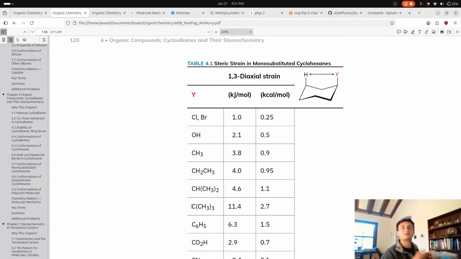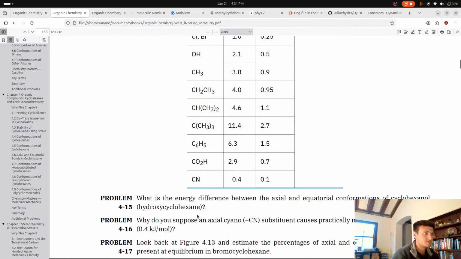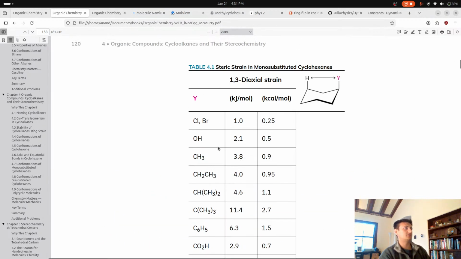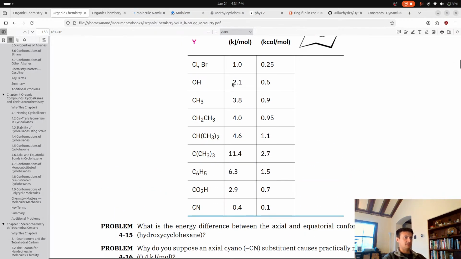All right. What's the energy difference between the axial and equatorial conformations of cyclohexanol? Isn't that just going to be 2.1 times 2? I think it's going to be 4.2. Okay, and then